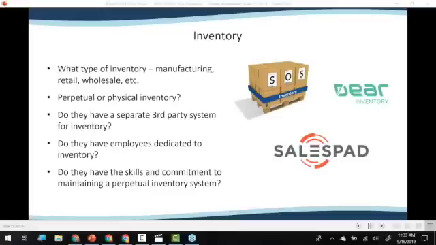Do they have perpetual or physical inventory? Are they just doing their inventory on a routine basis? Do they already have a separate third-party system in place? And if that would synchronize, do they need a bridge between the two? If they have employees who are dedicated to just doing the inventory, and that's another thing that's really